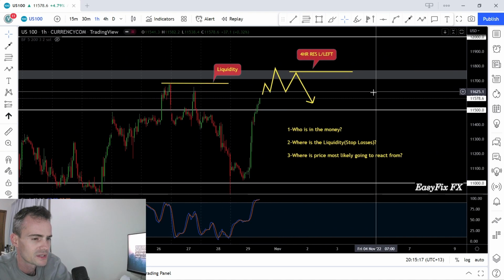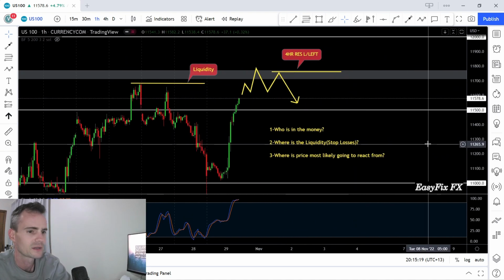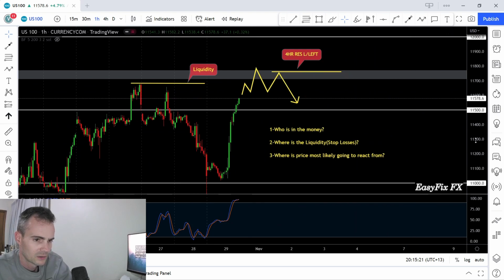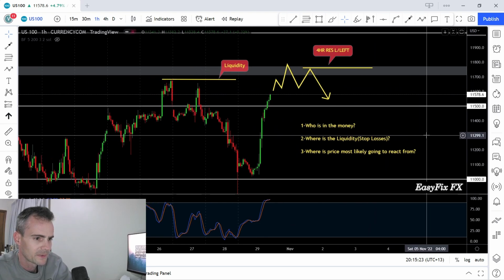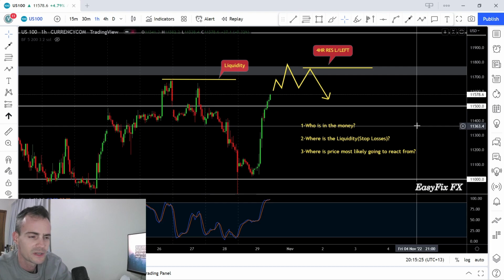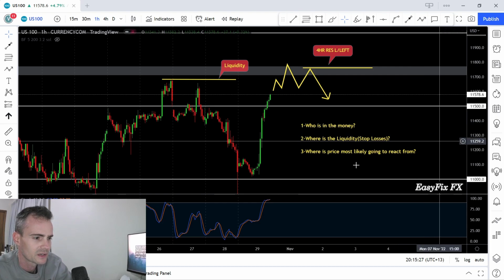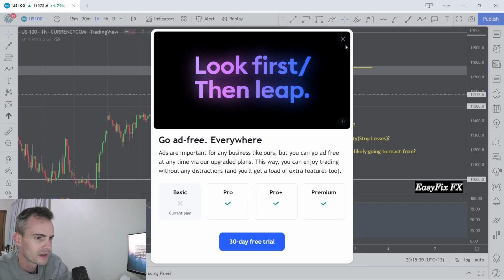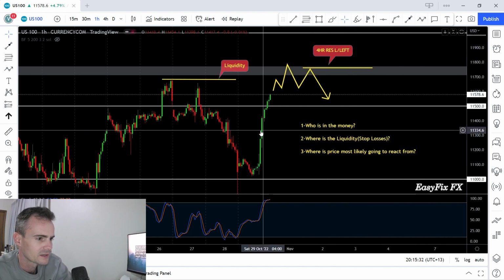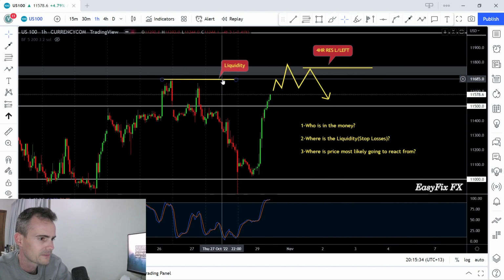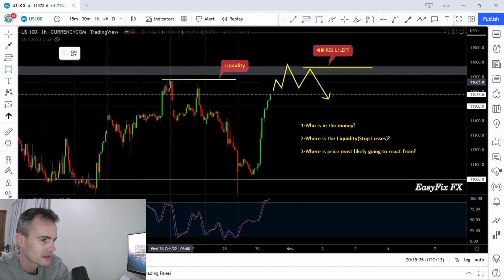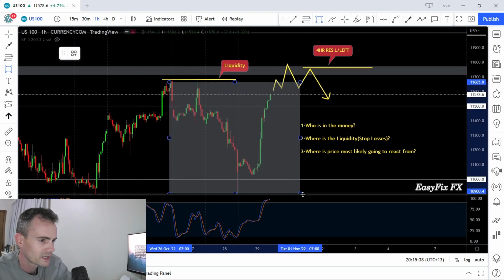Okay, so this is just a scenario creation, because what you want to do is create a setup. The reason why most retail traders fail is because they don't create scenarios. They just come into the market every week and just trade on the inside of everything. So when you're trading on the inside,